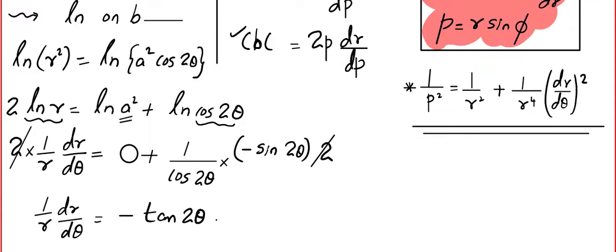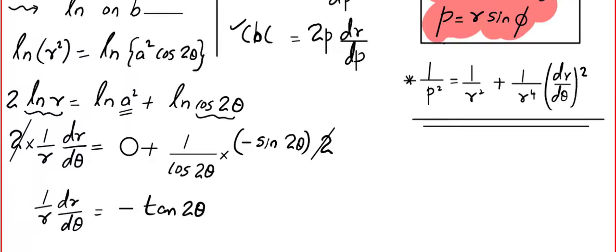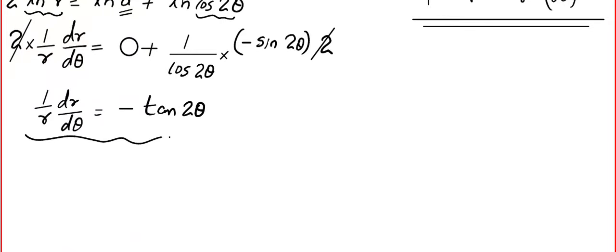Look, this is the reason I took logarithm, because I know if you differentiate logarithm, you will get 1 by r dr by d theta. And if you look at the formula, you know that we need the exact reciprocal of what we found. 1 by r dr by d theta, the reciprocal will be exactly our tan phi. So, taking reciprocals on both sides, we get r d theta by dr is equal to minus 1 by tan 2 theta, which is minus cot 2 theta.